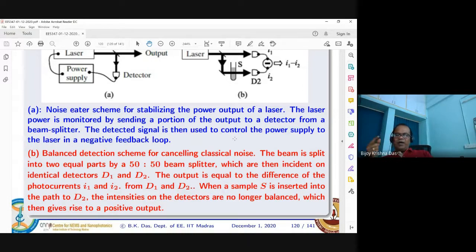But if you have a condition that you can generate sub-Poissonian light, and you also want to generate a sub-Poissonian output, because that is important, that output is what lets you reproduce the quantum state of a photon. In that case, your efficiency should be very high. That information you should keep in mind.